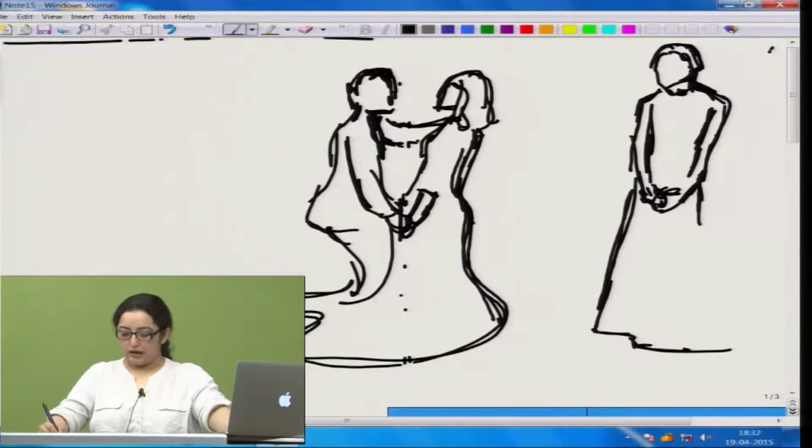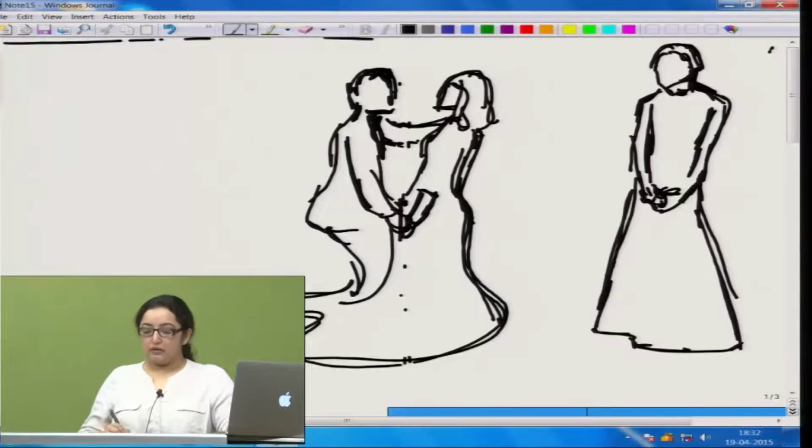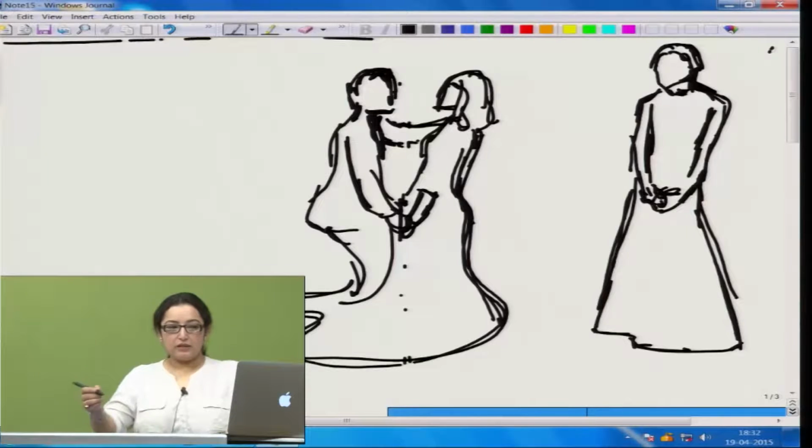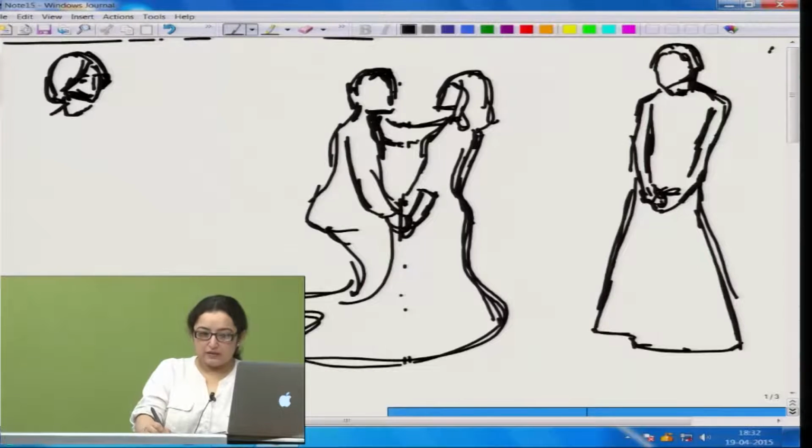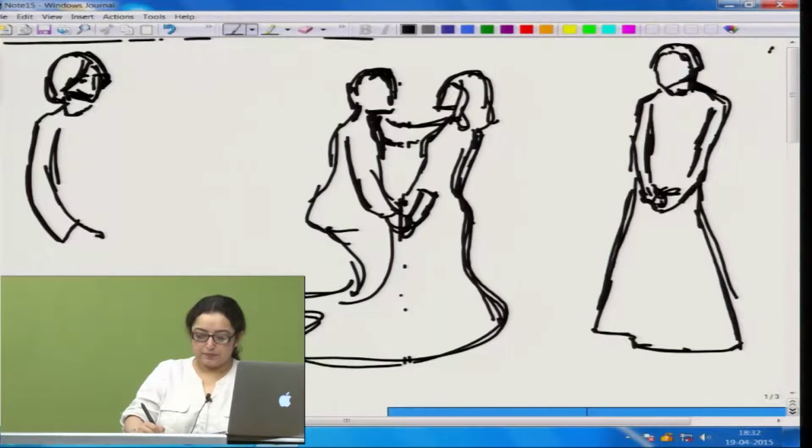So, we see a character that is standing here to break the symmetry. There is another figure to create or maintain the symmetry again. So, by breaking and creating, we are maintaining this sense of balance in the picture. So, there is this figure who is standing here in a similar location,